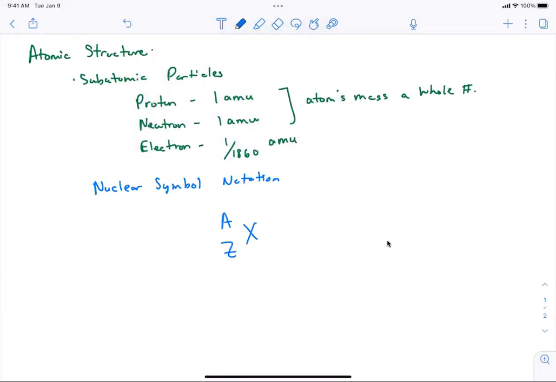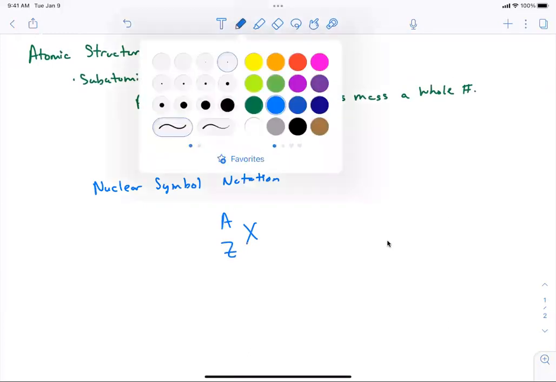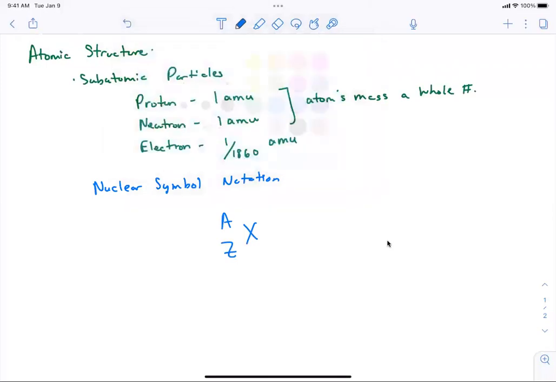I'm going to move this over a little bit. But a real symbol would look a little like this. And there are 4 parts of this nuclear symbol that you need to be familiar with when you're breaking this down. Number 1,